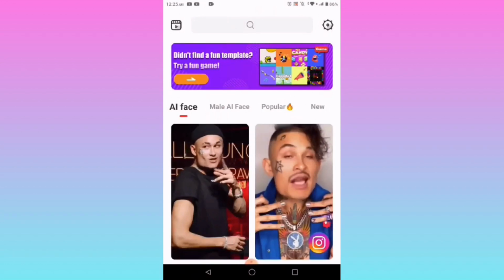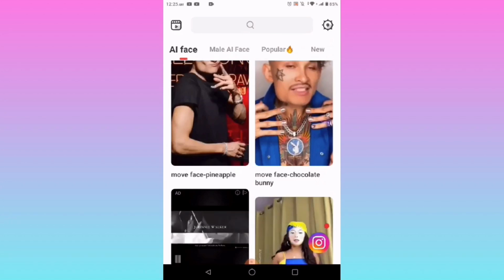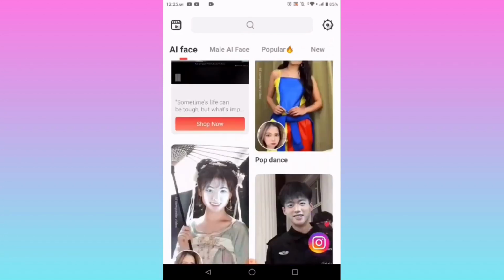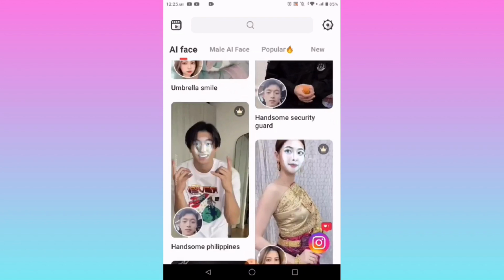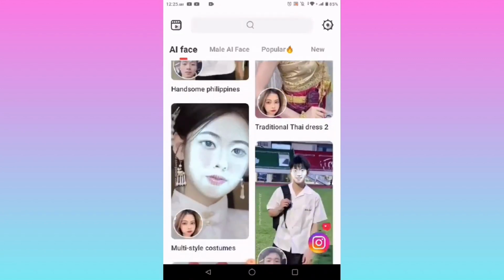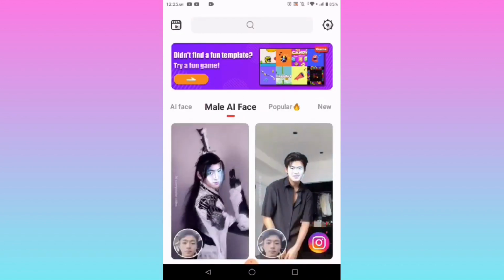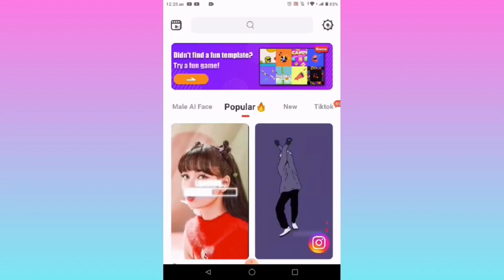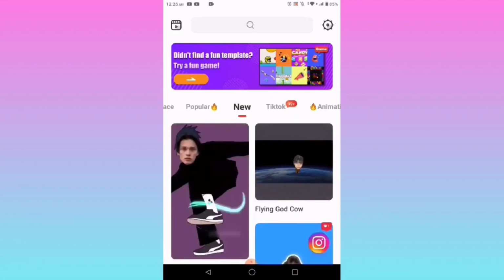Ayan, nandito na tayo sa dashboard and you can see here guys a lot of templates na pwede natin gamitin. So just scroll down and you can find more templates. At meron din sila ditong iba pang categories guys, just like male all face, popular, new,